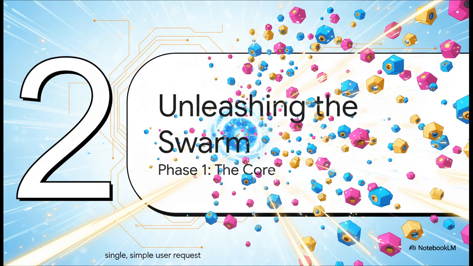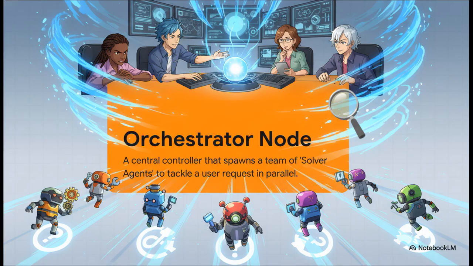And you know what sparks this whole thing? A single request from a user. That's it. That's the trigger that brings this entire evolutionary process to life. At the very heart of this operation is something called the orchestrator node. Seriously, just think of it as mission control, or maybe the quarterback of the team. People often use frameworks like LangGraph to build this part. It gets your query, and its one job is to instantly create and deploy a whole team of agents to tackle your problem from a bunch of different angles, all at the same time.